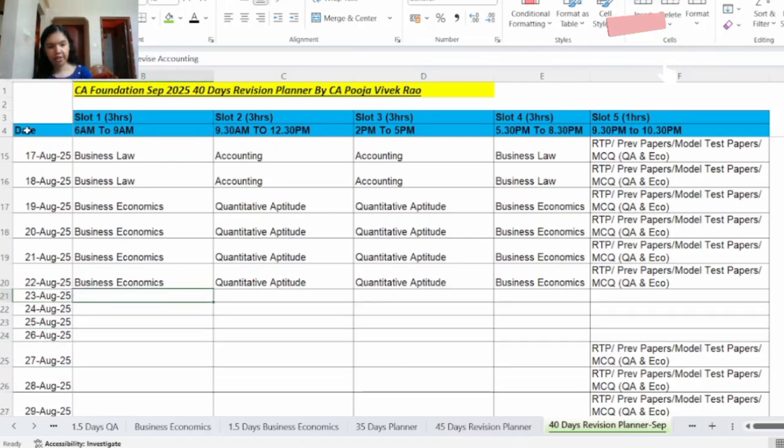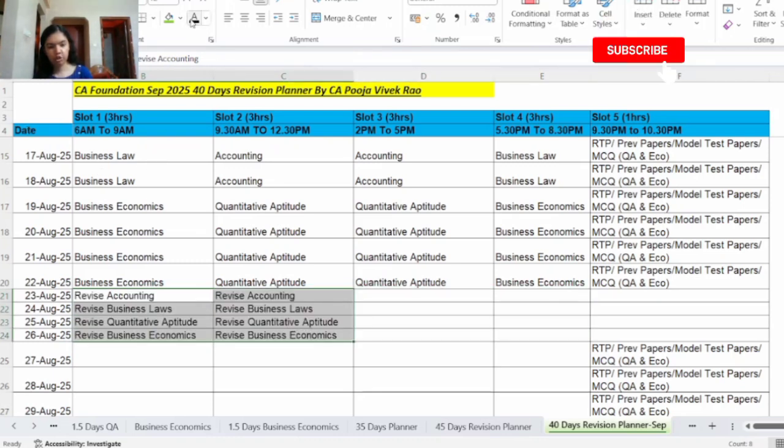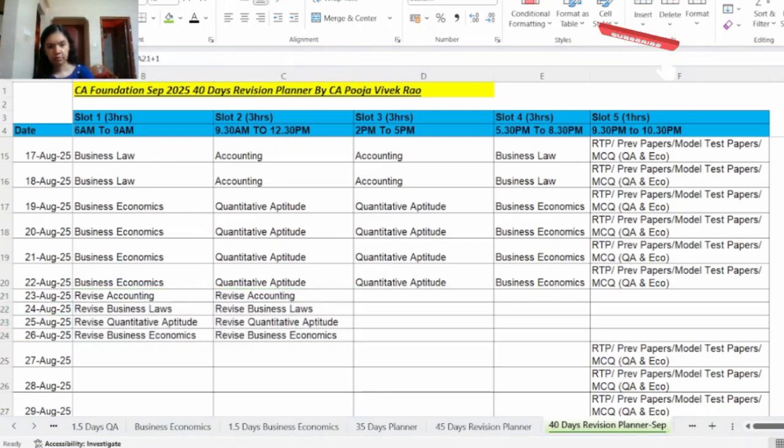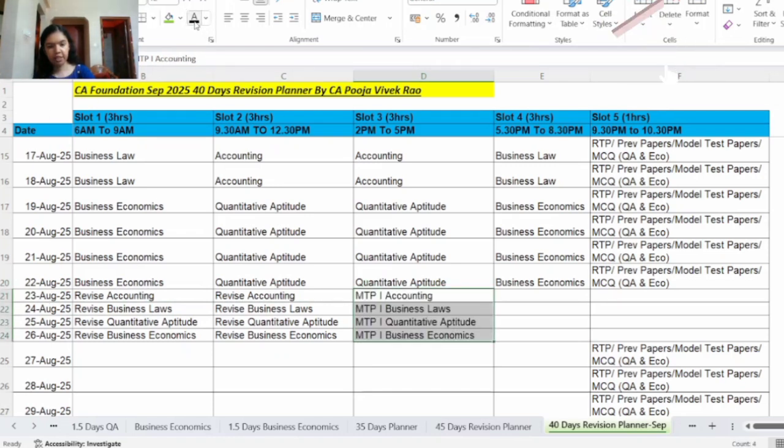So now from 23rd August to 26th August, the next 4 days. Here in slot 1 and slot 2, you will revise each of the subjects. On 23rd August, you will revise accounting. On 24th, you will revise business law and so on. Then in slot number 3, which is the same as the exam time, you will be attempting the mock test